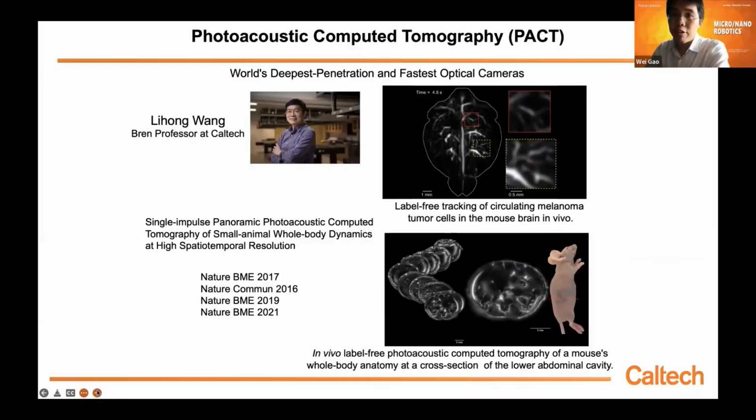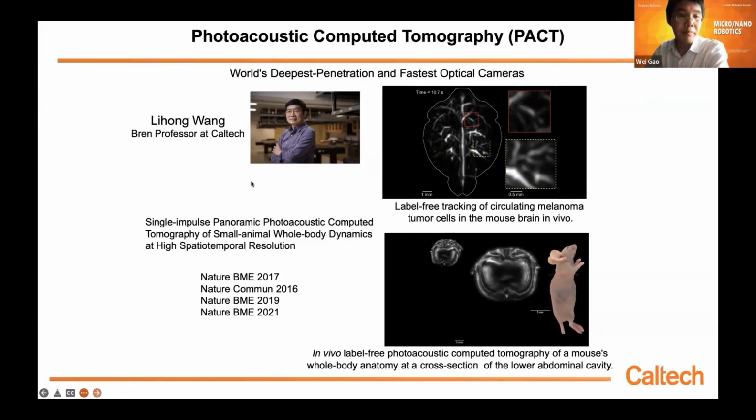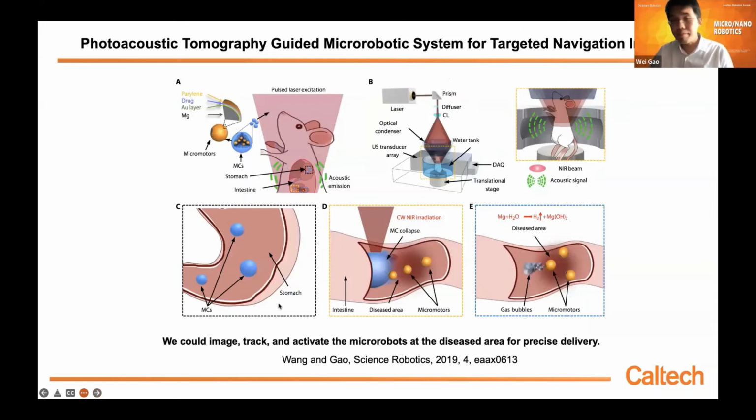Jointly with Caltech, we have developed an imaging guided micro robotic system. In this case, we use our magnesium-based micro robot for intestinal application. To protect the magnesium going through the stomach, because we don't want this micro robot to get consumed in the stomach, we also want to use imaging to locate the micro robot. One single particle may be too small to be seen clearly, right? That's why we encapsulate a certain number of micro robots into one capsule, and this capsule is based on gelatin. They can also protect this magnesium particle from the harsh stomach environment.